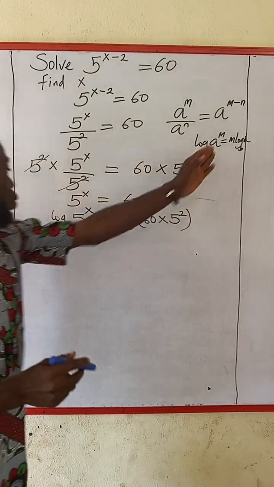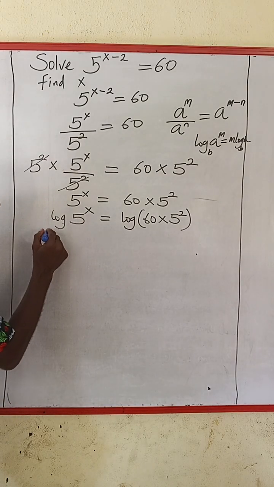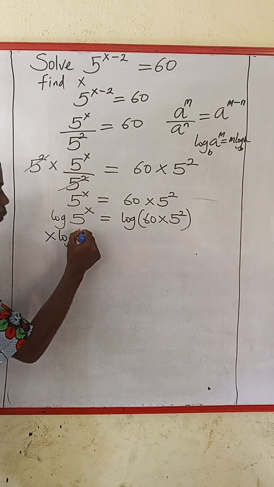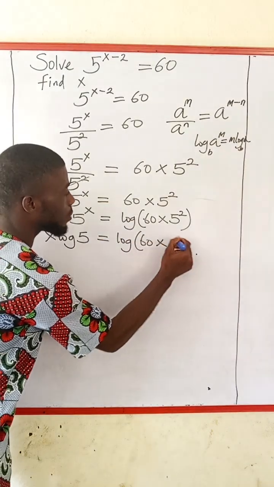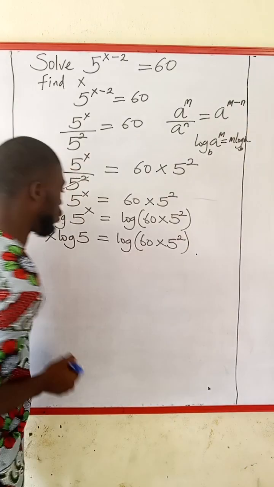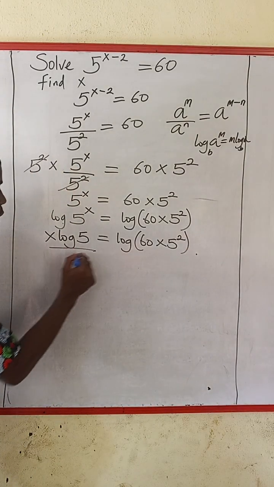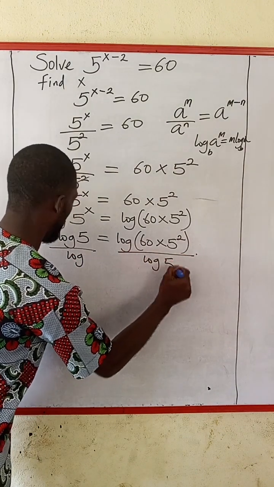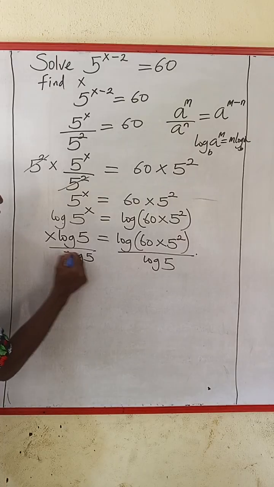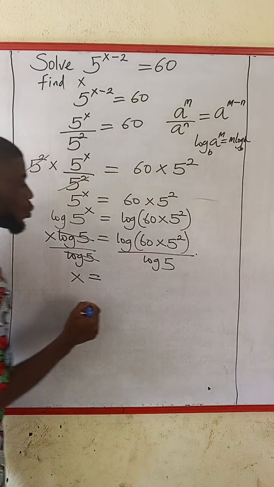So if this is true, I can also write this as x log 5 is equal to log 60 times 5 raised to the power of 2. So I can divide both sides by log 5, so that log 5 will divide out log 5. We'll be having that x is equal to